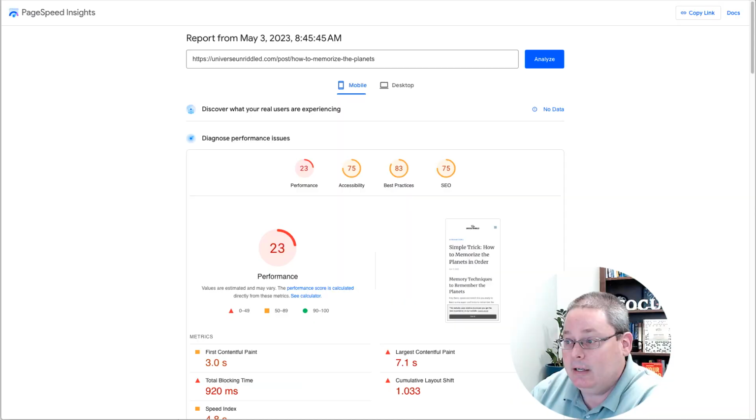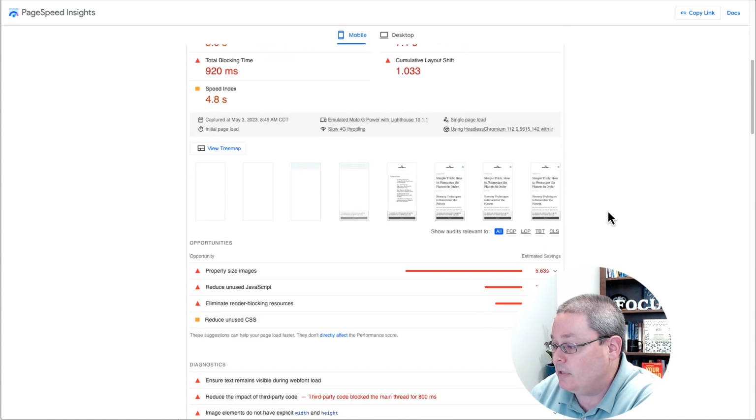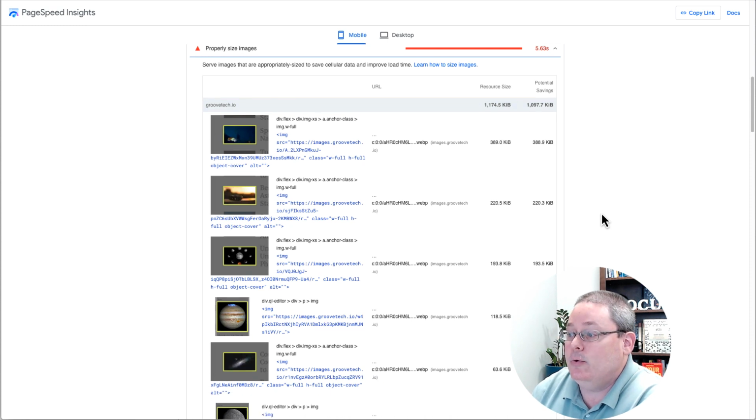Day 19, AI blogging with ChatGPT and GrooveBlog. We're taking a look at PageSpeed Insights today. We have this performance issue. We did talk about this actually being the images, and I said incorrectly that you cannot resize the images inside